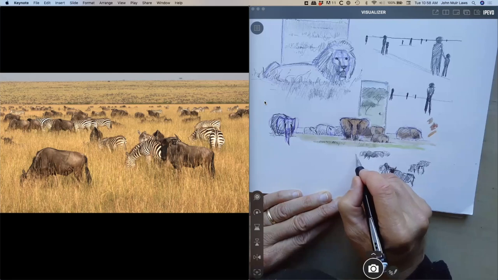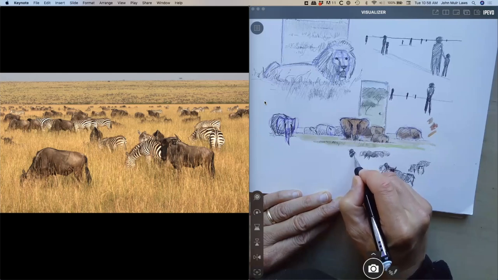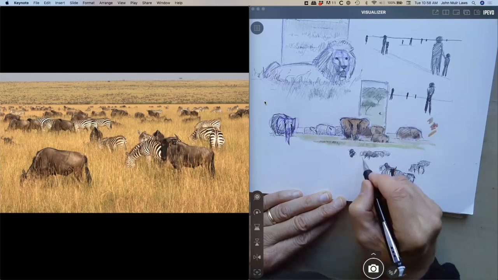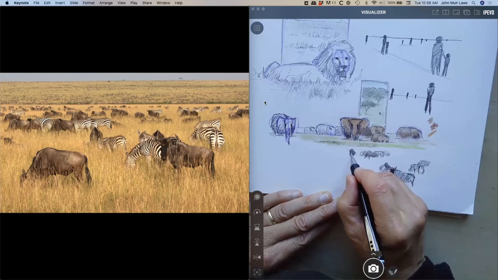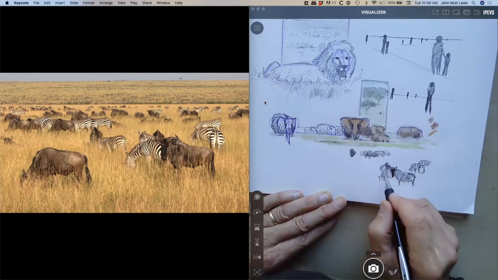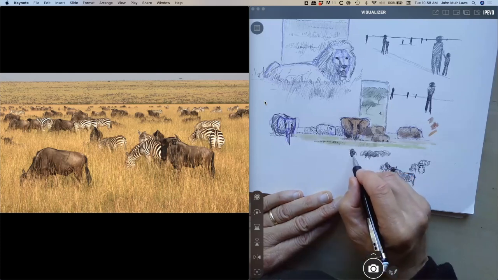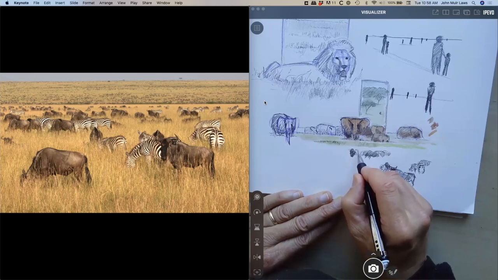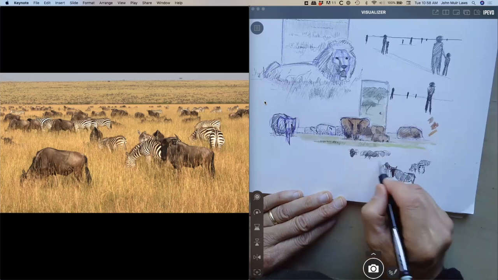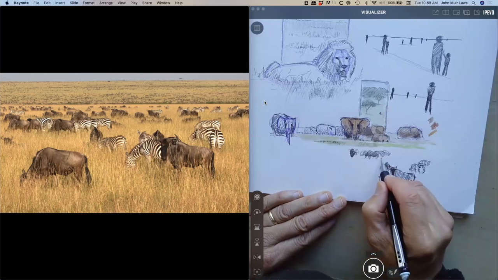There's another wildebeest over here. Now here I just put in a kind of a blotch. Does that blotch look like a wildebeest? Not at all. It totally doesn't look like a wildebeest. But because this guy's in the picture and there's another little wildebeest out here, anybody would look at that blotch and go like, oh, look, there's another wildebeest over there. And it's got a zebra friend next to it. See how this little group here, the bottom edge of them is much more